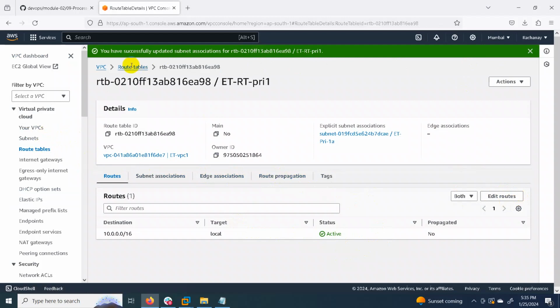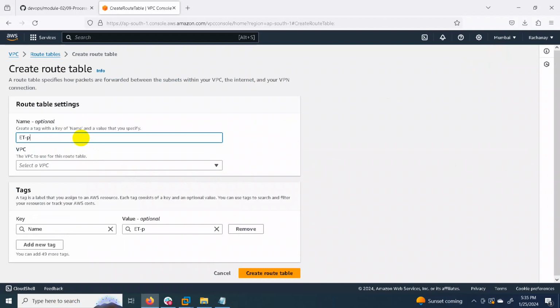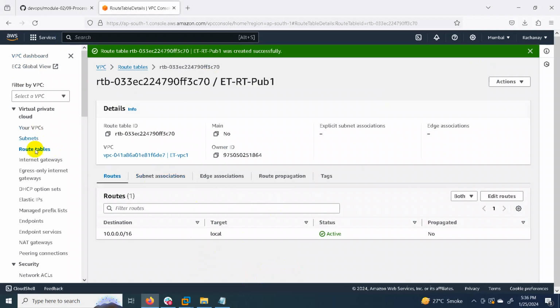We are again going to create another route table, that is ET rt-public one. Which VPC? The first VPC which we have created. Another route table is also created.